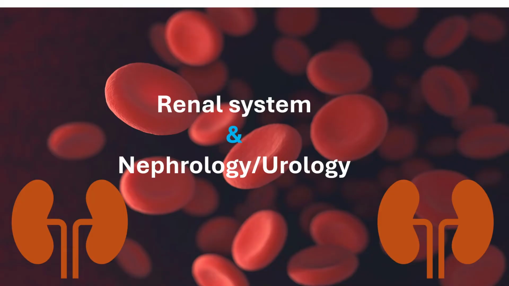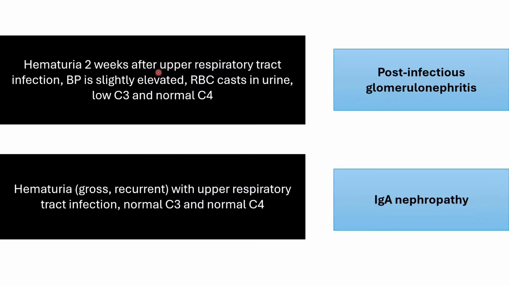Renal system. Hematuria 2 weeks after upper respiratory tract infection. Blood pressure is slightly elevated. Red blood cell cast in urine. Low C3 and normal C4 is post-infectious glomerulonephritis. Hematuria, usually gross hematuria, lots of blood and recurrent, with upper respiratory tract infection during, with normal C3 and normal